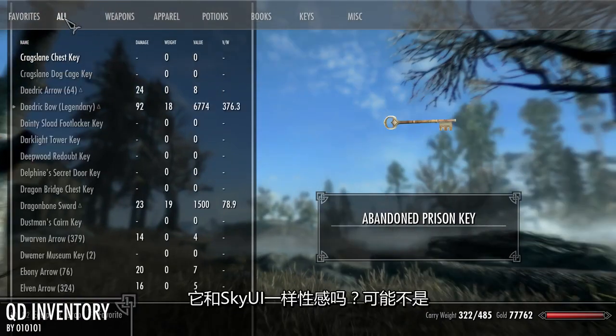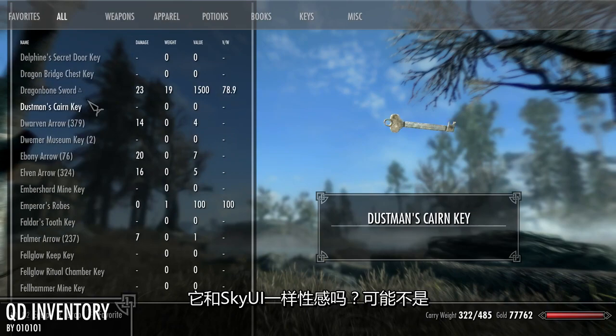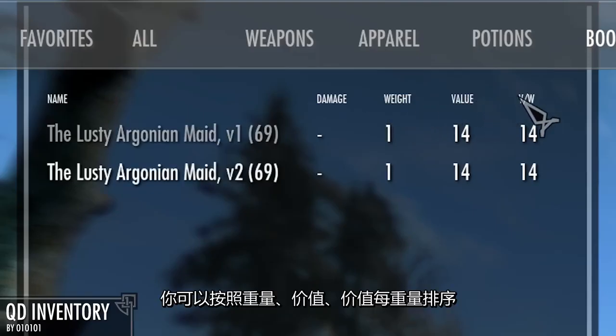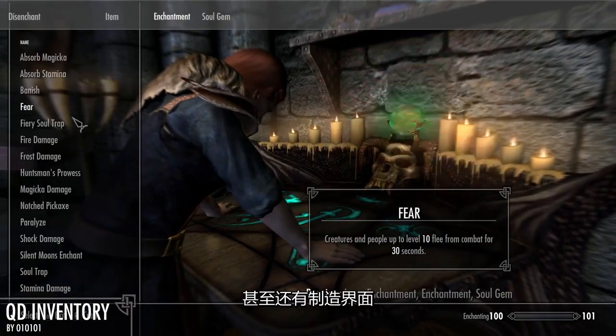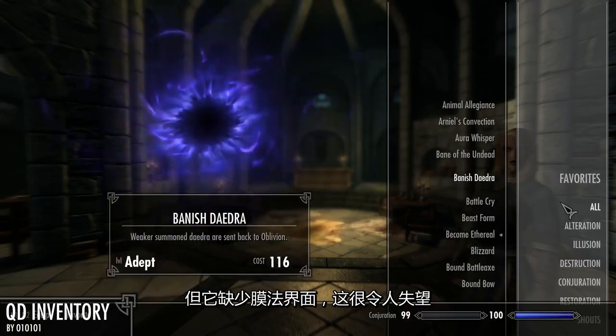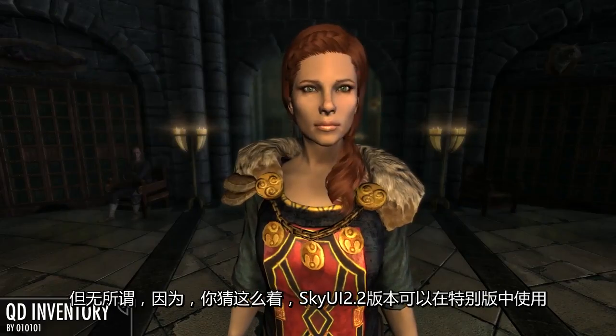Is it as sleek or as sexy as SkyUI? Probably not, friends, but it gets the job done. You can sort by damage, weight, value per weight. It even has a UI for crafting, but it lacks a magic menu, which is incredibly disappointing. But that's fine, because